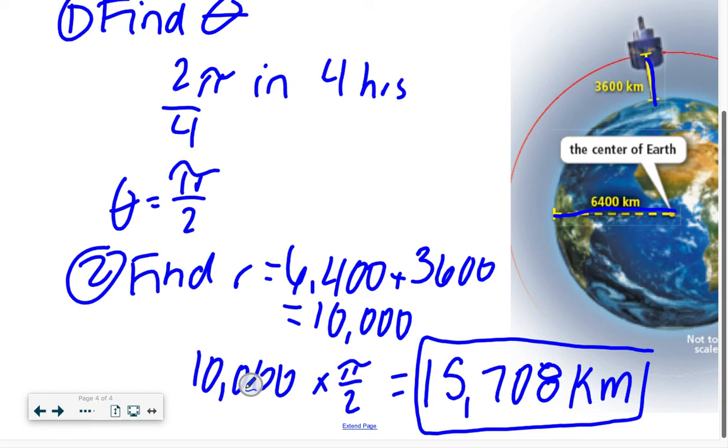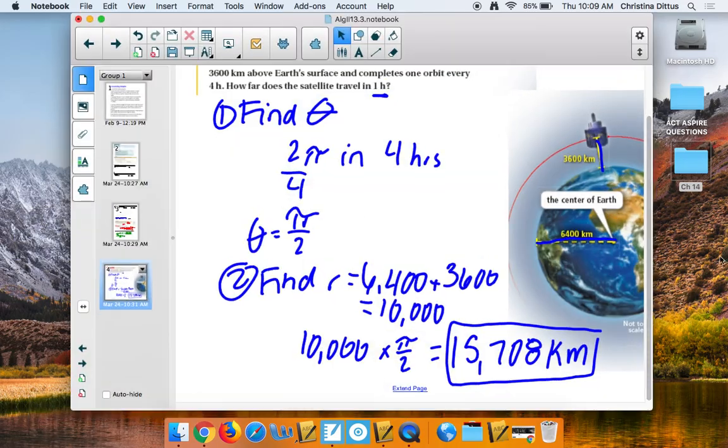Arc length, all I need is radius and your center angle. That's it. Wow. Questions? How do we feel? Good? Okay. We got another book assignment today, but the good news is